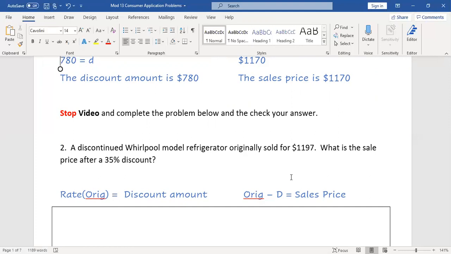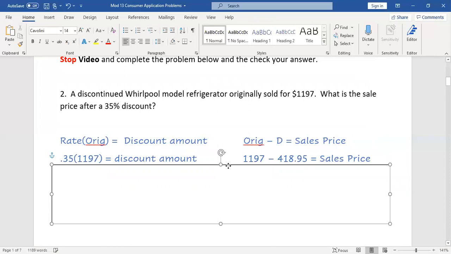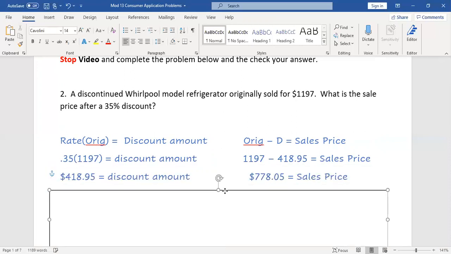So how did you do? The first thing we had to do in order to find the sale price is to find the discount amount. Well, to find the discount amount, I had to take the rate, which is 35%, but I had to write that as a decimal. So we could write that as 0.35 times the original amount, which was 1,197, to give me a discount of